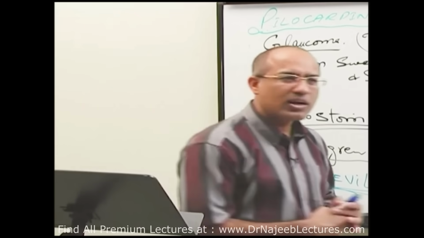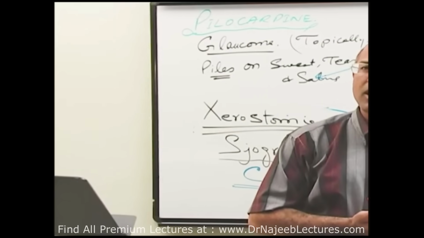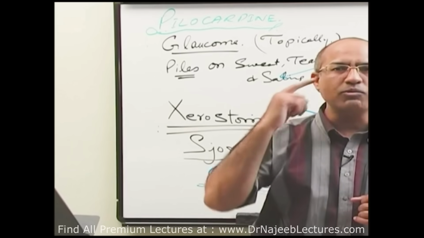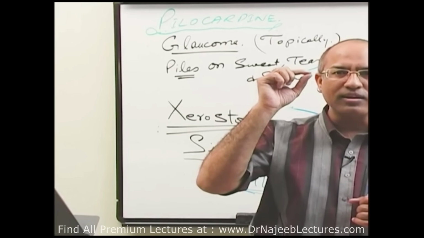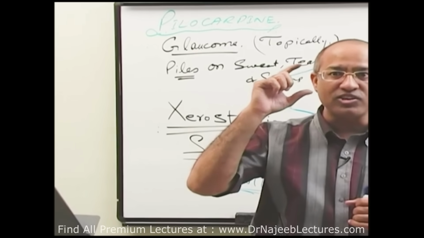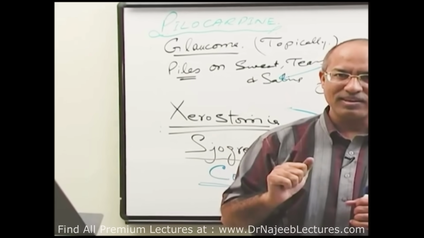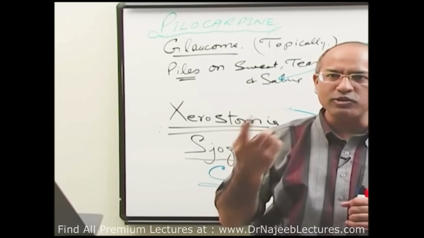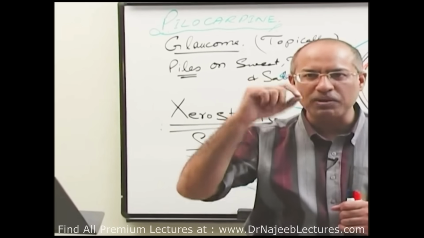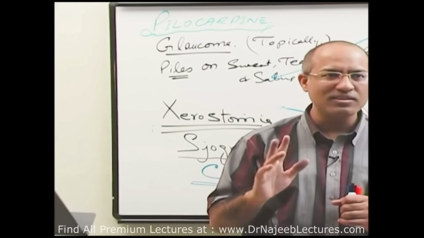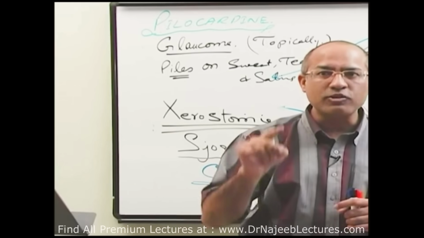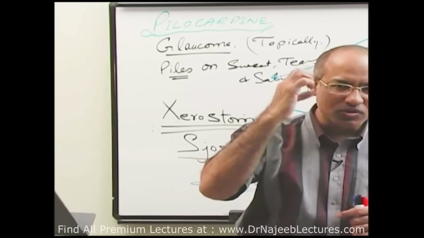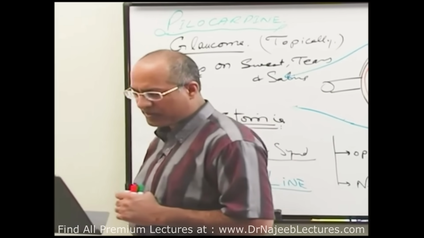Yes. Okay, in some other ophthalmological conditions, we also use pilocarpine. If someone has severe pupillodilation or mydriasis due to atropine, for example, due to some reason you put atropine in someone's eye, and then you want to reverse the mydriasis, you will put pilocarpine. So another use is when you want to reverse the atropine induced mydriasis, you can use pilocarpine.